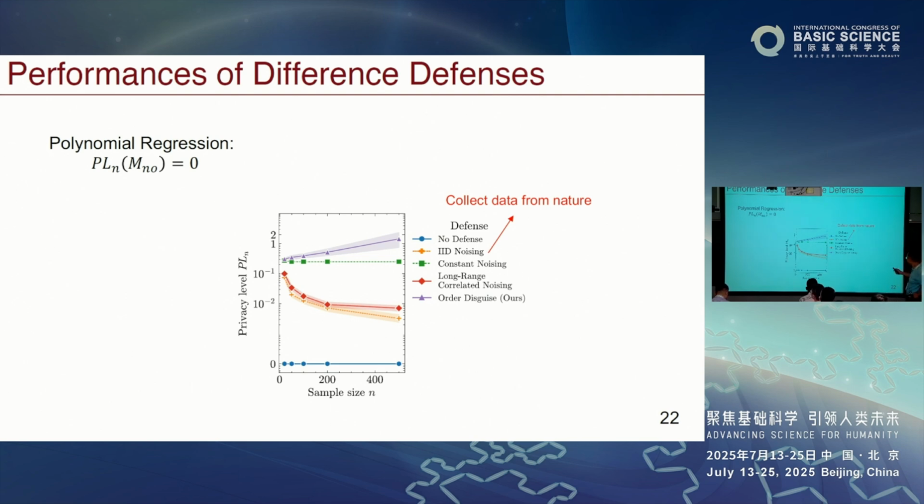All right, and then for our new strategy, order disguise, you see, as the sample size gets larger, we can mislead the attacker even more, and then the estimate becomes worse and worse. So therefore, this illustrates, first, you need to defend, right? And second, at least in this case, you can mislead the attacker to not be able to learn our model. All right, that's a quick illustration.